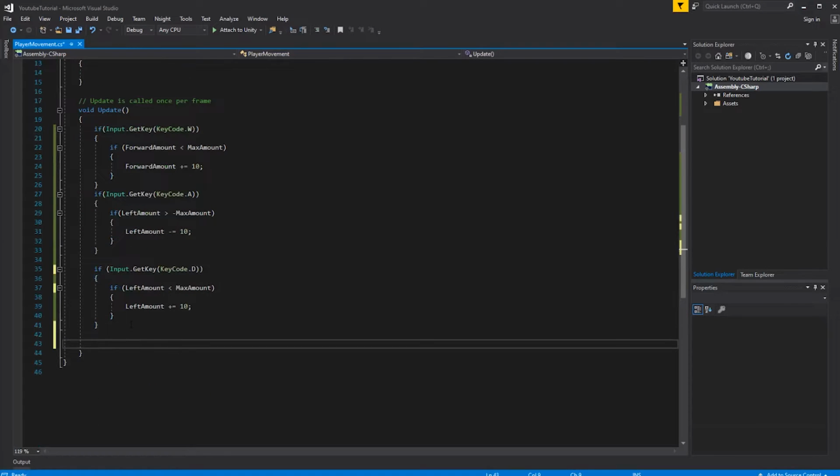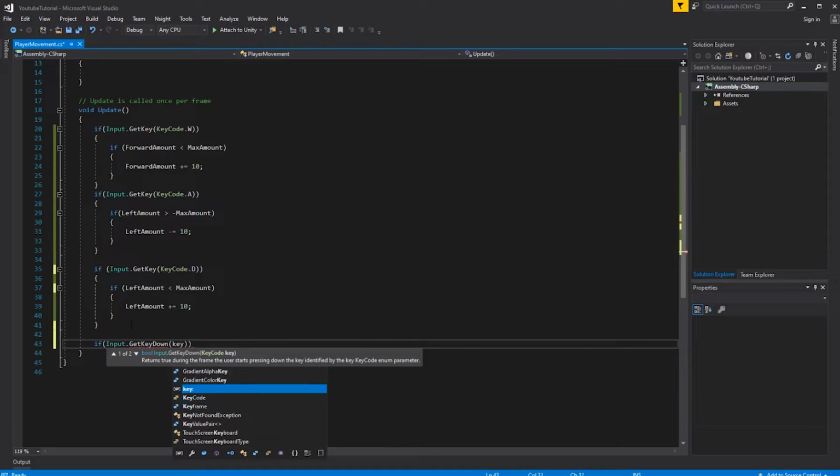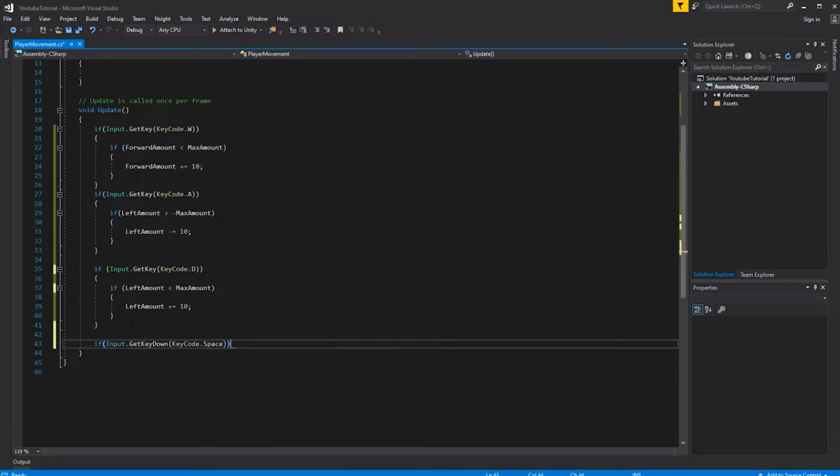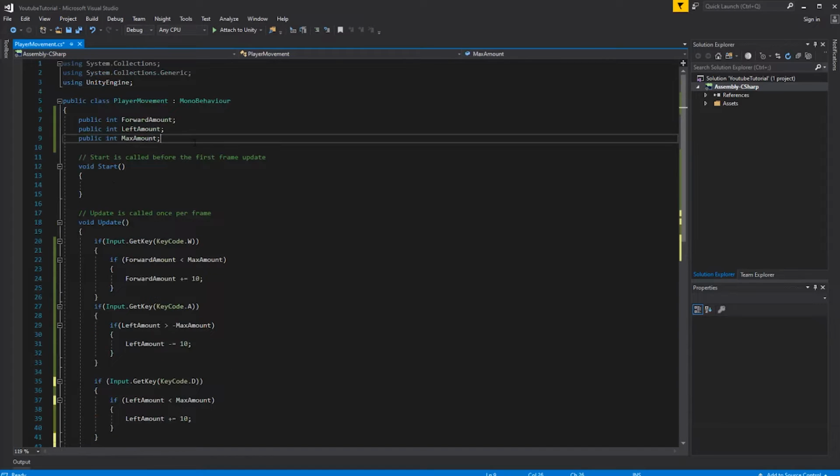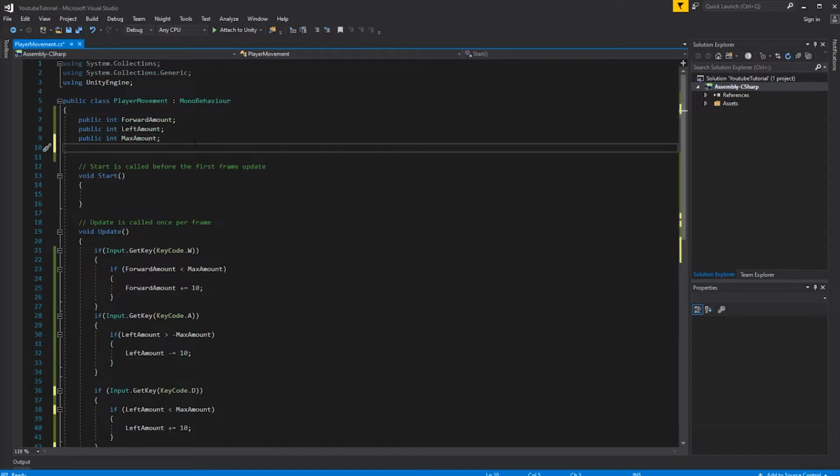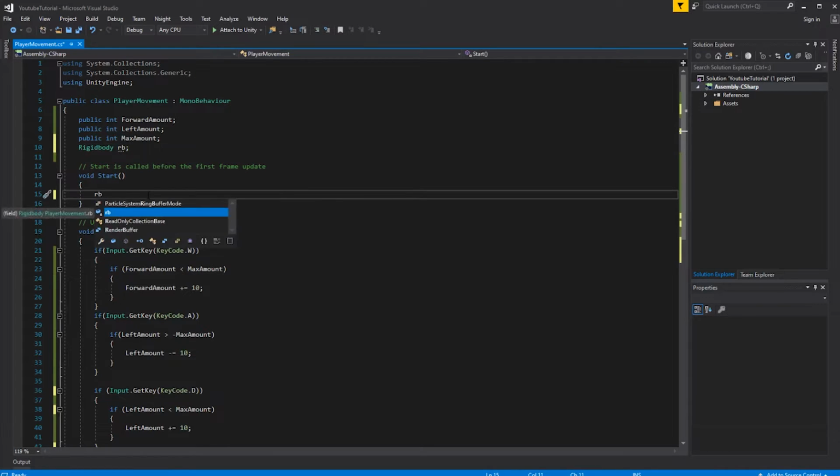Now if we are pressing the space, we want our player to move, so we need to add a rigid body variable called RB. We have to assign it right there.